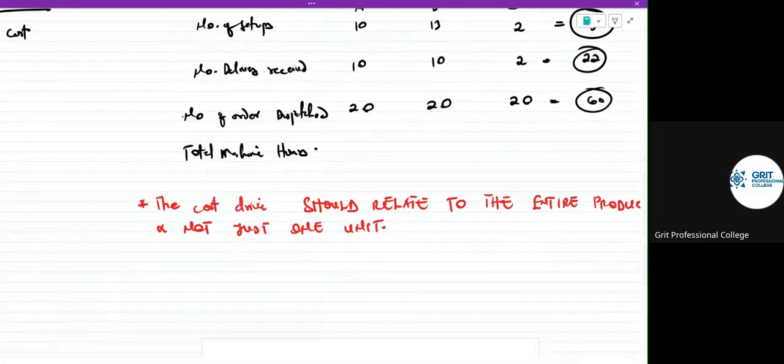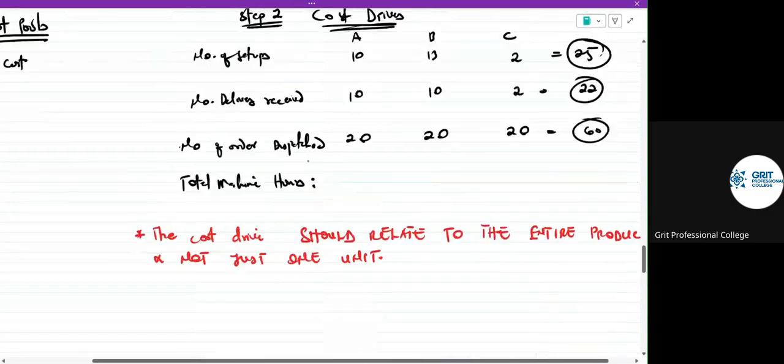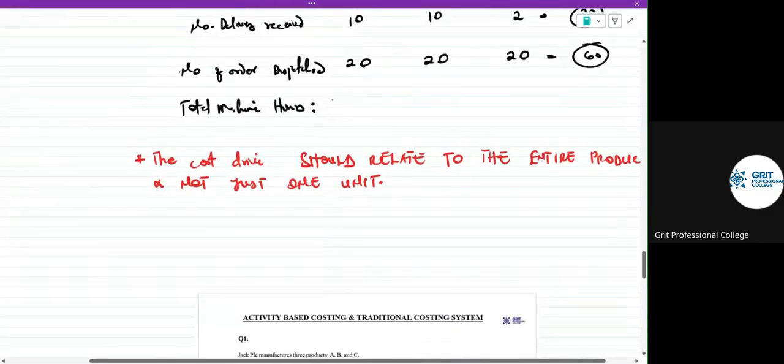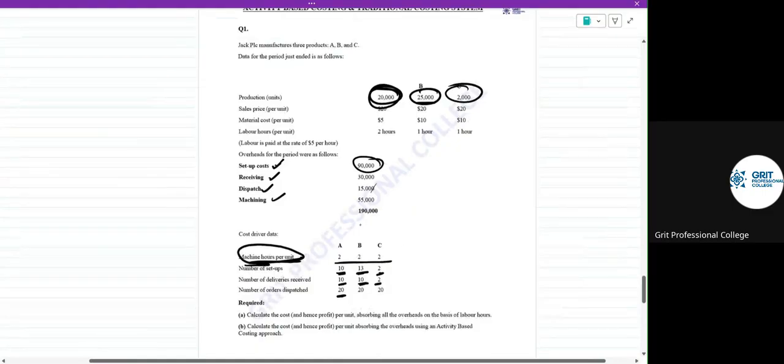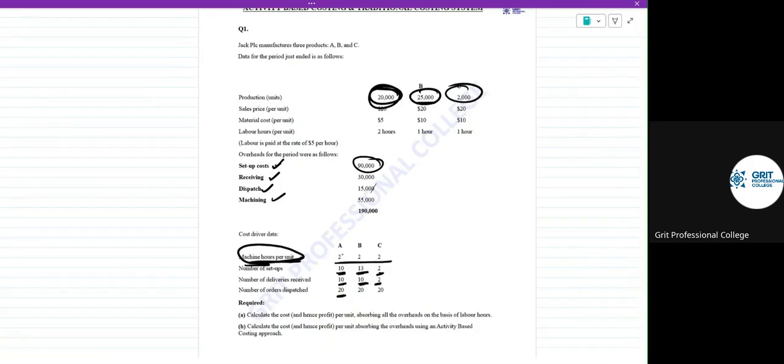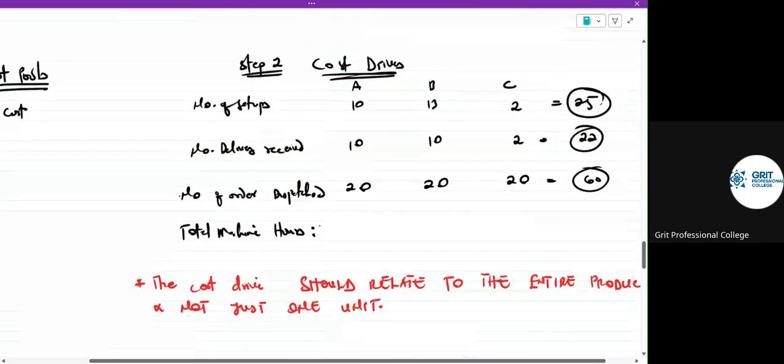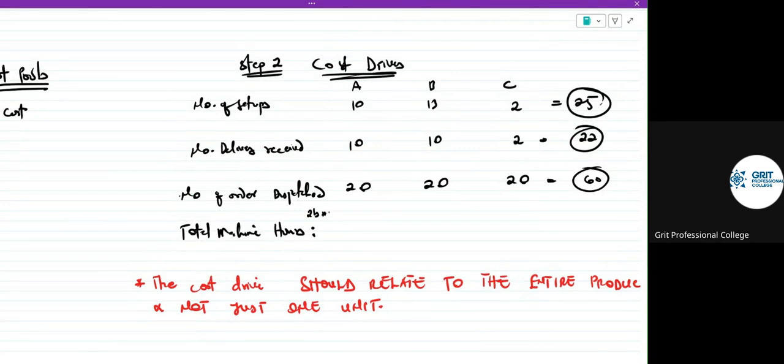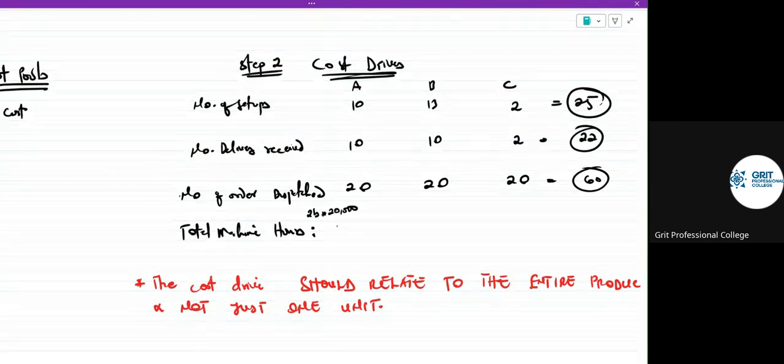However, we will need to change the hours per unit into what? The total hours. So very simply put, if we are producing 20,000 of A and we need 2 hours to produce just one of A, then we need a total of what? 40,000. I hope that is clear. So that is 2 hours. Please, this is machine hours, right? By the 20,000 units for A,